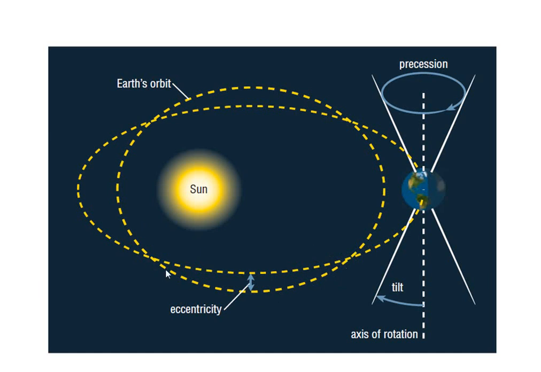Sometimes it is such an oval, and sometimes it is such a flatter oval. So the eccentricity changes. Okay, and the axis of rotation of the Earth also changes. So this is called precession. Okay, so the axis of the rotation of the Earth currently, or say now, it is pointing